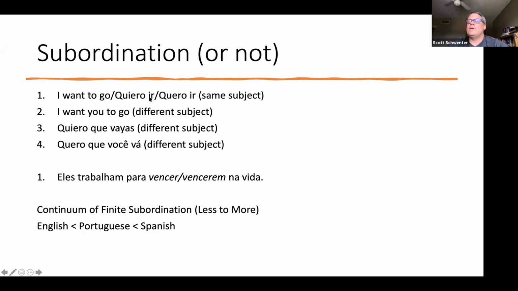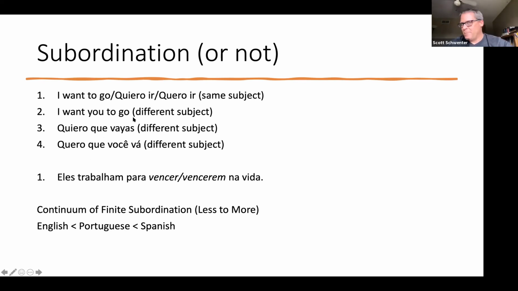So if I say quiero ir, that means quiero yo ir, right? When you switch to a different subject, you get different options. So in English, you still get the same structure with to go. You say, I want you to go. I guess in theory, we could say, I want that you go, but that sounds like Shakespeare, right? That sounds like something from a long time ago. No one talks like that in any dialect of English that I know of. Does anyone say, I want that you go?